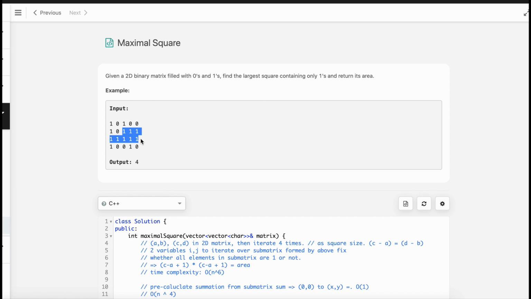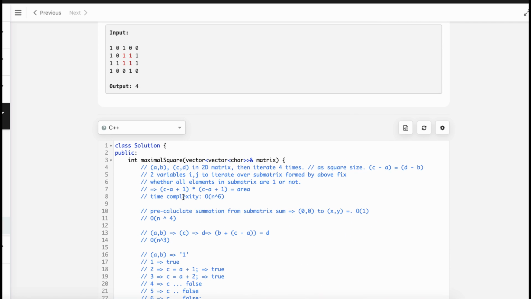But this is kind of a rectangle, and as we are considering only squares, we will take the size which is the smallest. So 2 is the smallest and 3 is the bigger size. So we take the 2 and we calculate the square by doing this. So what I mean to say is,